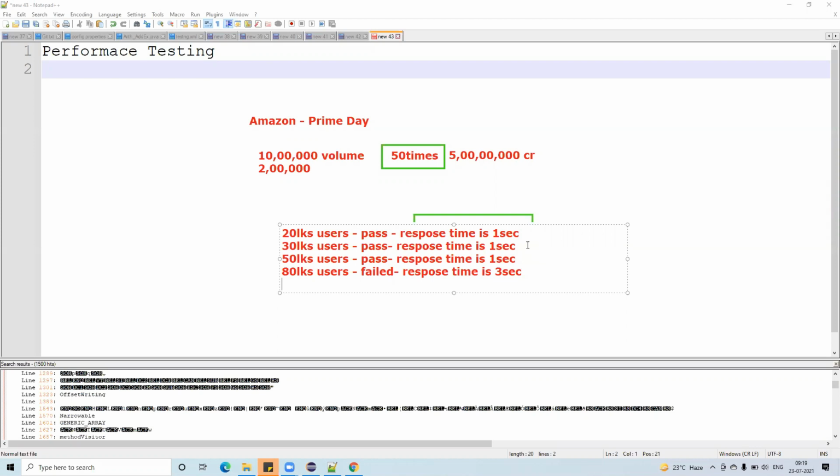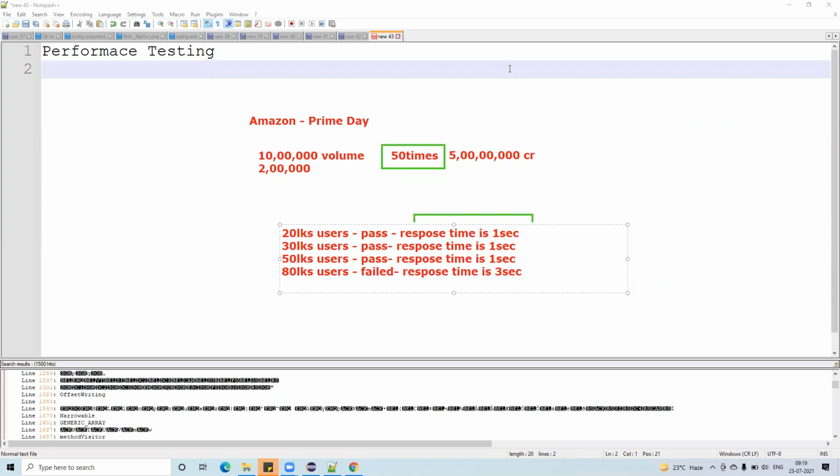Why is it a bad experience? The end user is not expecting this. The end user is expecting a different number. So that's why it is a bad experience. So that's why, immediately, what Amazon people do is they increase the servers. They are increasing the servers at this point.